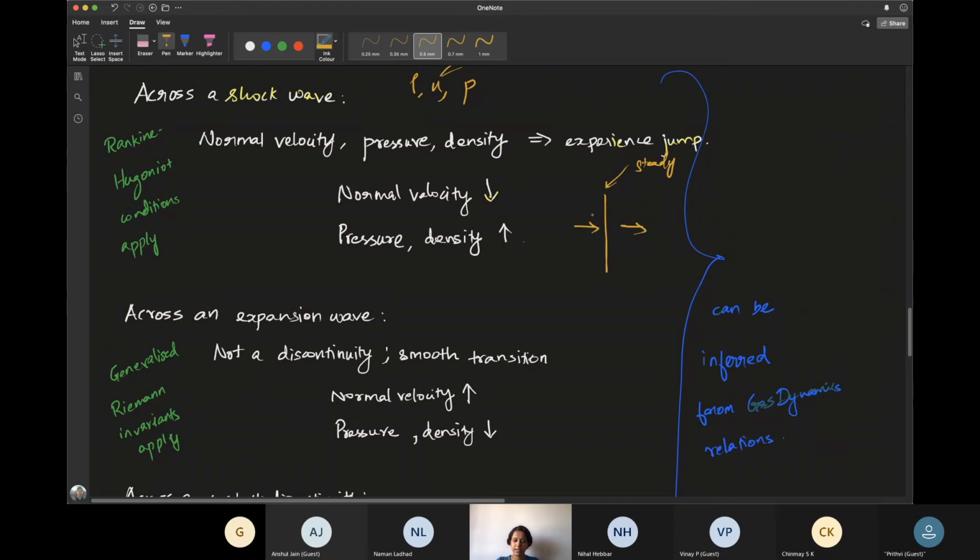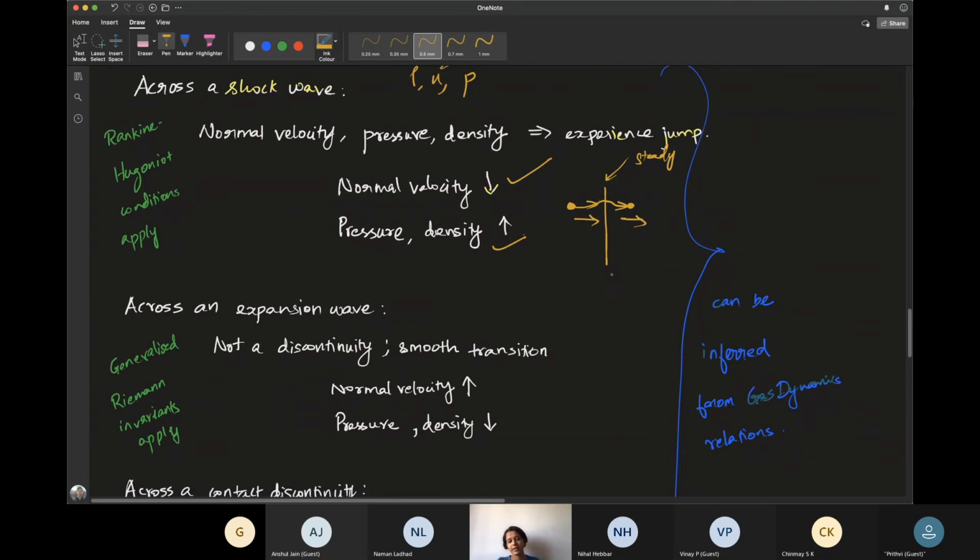That is, a particle from the left of the shock wave goes through the shock and then goes outside of the shock. So as it goes through the shock and then it goes outside, right? This I'm just considering one single particle. As the particle travels through the shock, normal velocity will decrease and its pressure and density will increase. This is for a specific particle that I'm talking. And we are in the frame of, we are sitting on the shock. That is, as I said, it's steady. Your frame of reference is on the shock. We are sitting on the shock and then analyzing it.